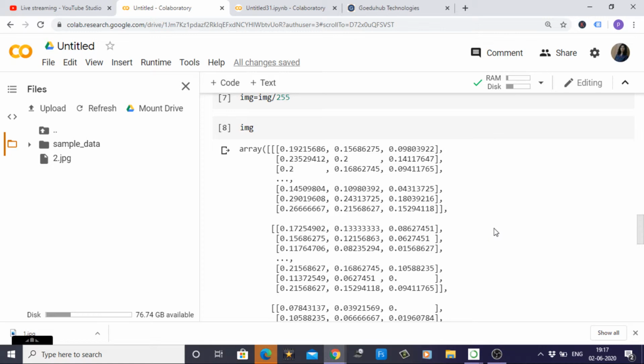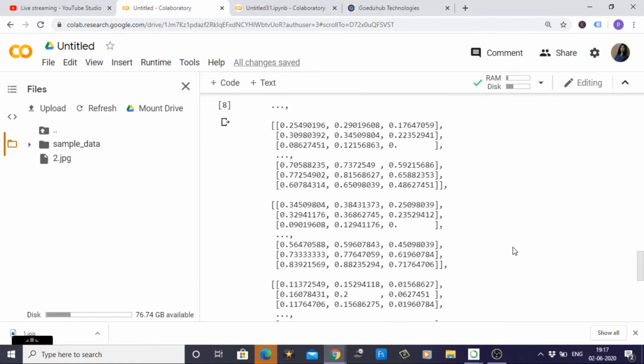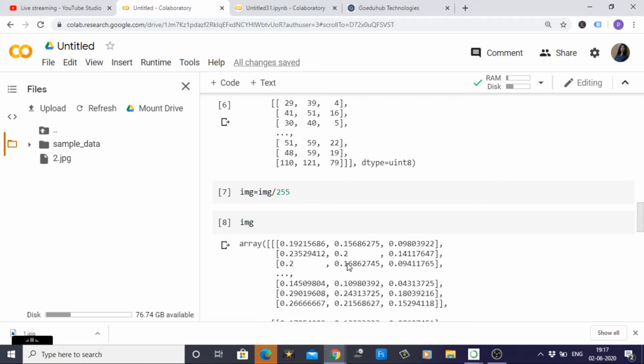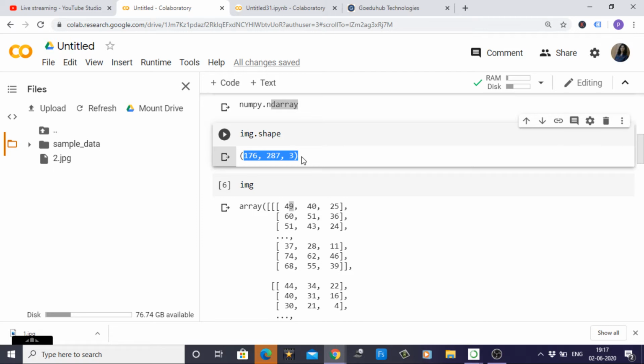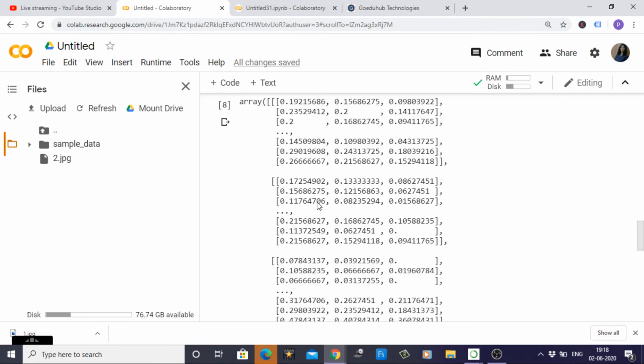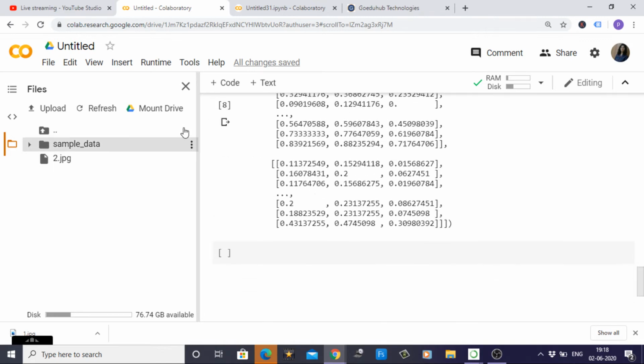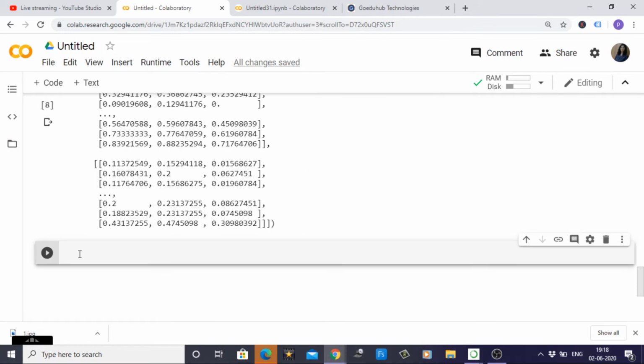Now what we need to do, we need to convert this 3D image. आपने देखा था इमेज के साइज़ क्या है. इमेज साइज, इमेज शेप we have checked it 176, 287, 3. So we need to convert like 3D to 2D image. हमें 3D से 2D image में conversion करना है. So what we will do here, I'm just closing this one and here you can write a comment: 3D to 2D conversion of image by combining